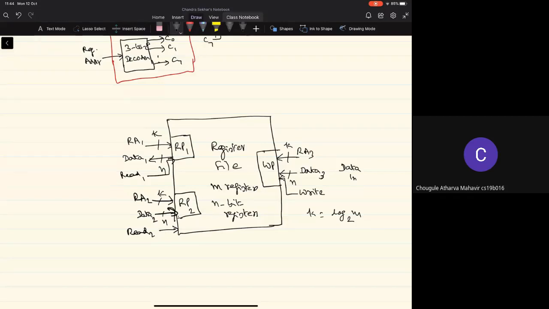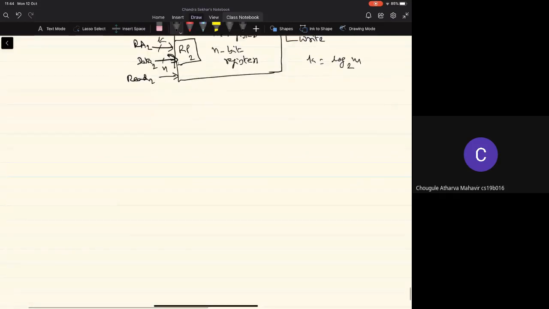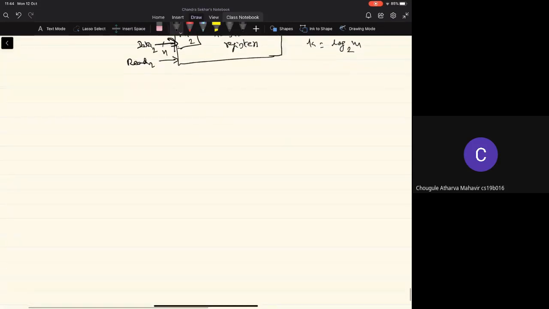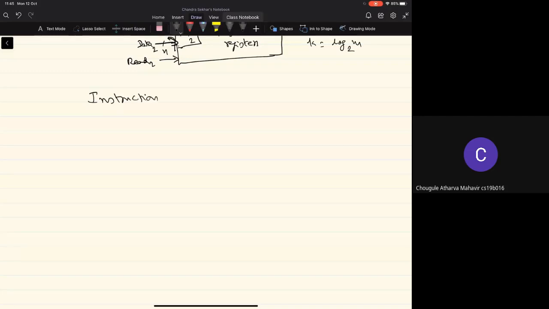Before we close the discussion on this, I just want to point out a couple of other types of registers that are typically of interest in the CPU. They have specific functionality. One is what is called the instruction pointer, or it's also called the program counter.